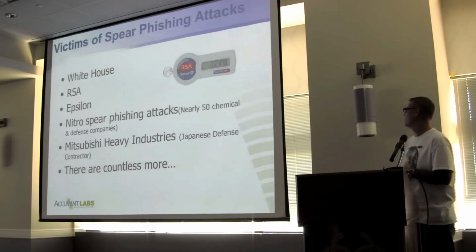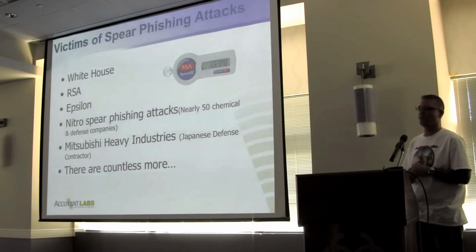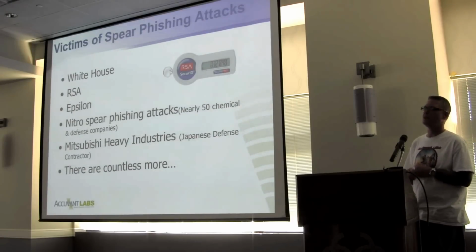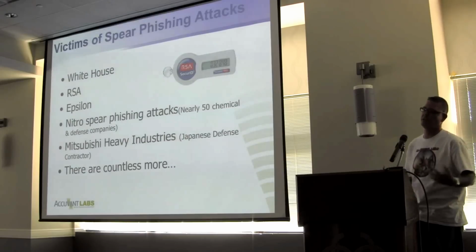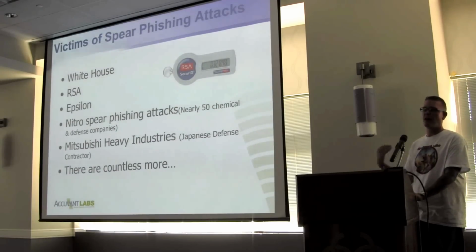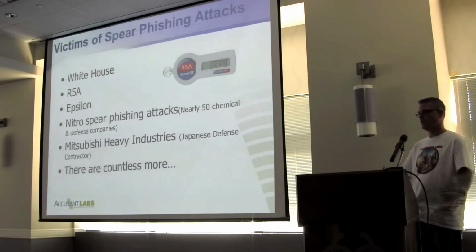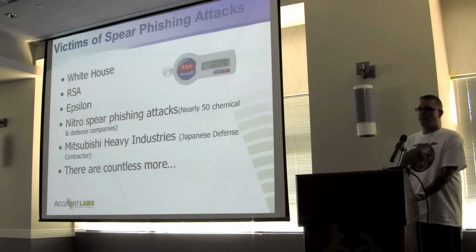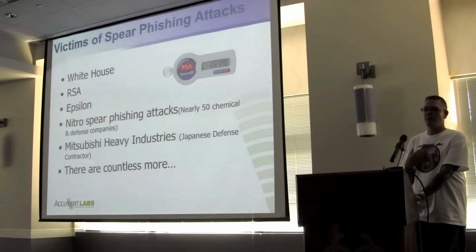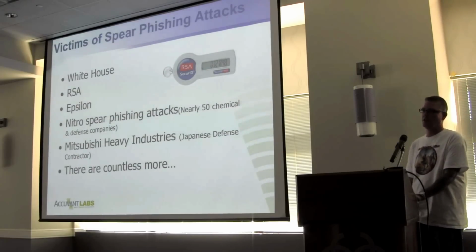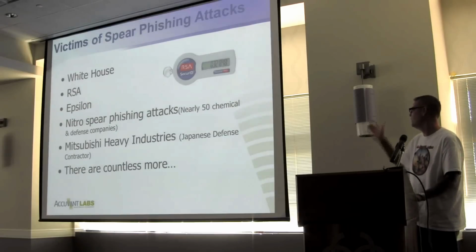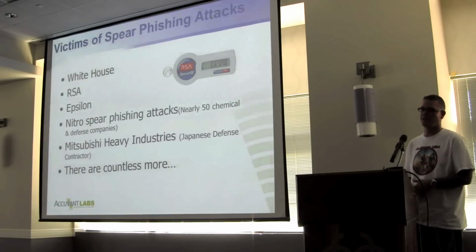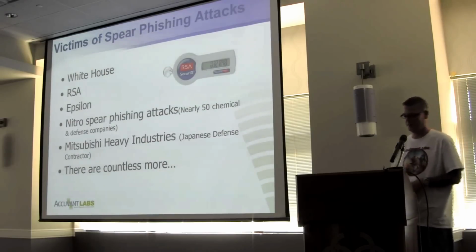And I'm not going to harp on all of these and go over everything. But the reason that I put this up is that, as far as I'm concerned, the number one attack right now externally on the internet is spear phishing. The past couple of years it's been web applications. Before that it was insecure services. But now we've got firewalls and F5s and all kinds of things with blinky lights, and we've got our perimeters secured really, really good. And so as an attacker, why would I waste my time going through all those defenses when I can just send an email to the organization? And unfortunately, based on some of these spear phishing hacks, this is still working, and it's working really well.